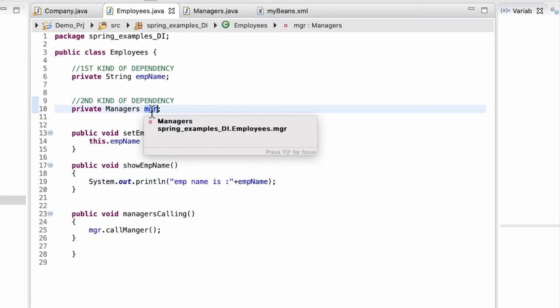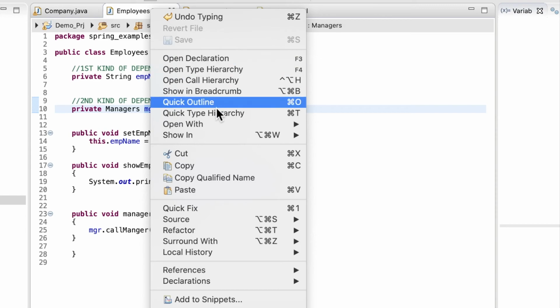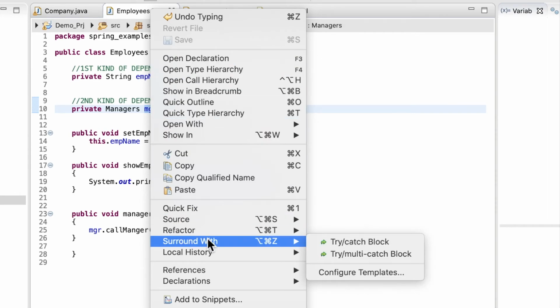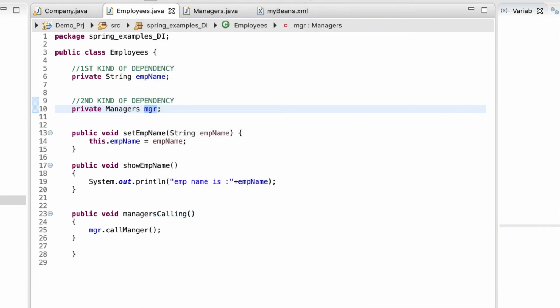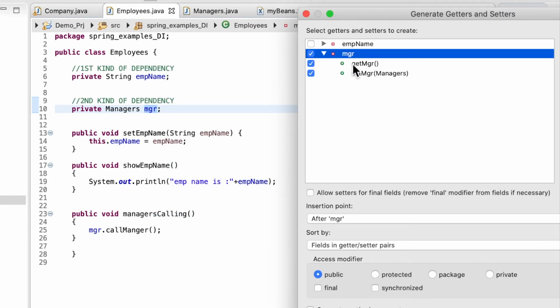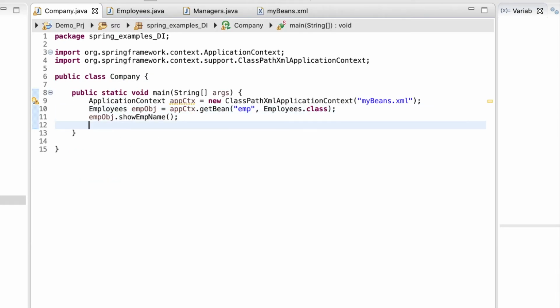So now I need a setter and getter for this. Let's just create a setter for this. Source, generate. Let's just create a setter because we just need a setter. We don't need a getter for setter injection basically. So let's just create a setter here. So here I can go emp object dot